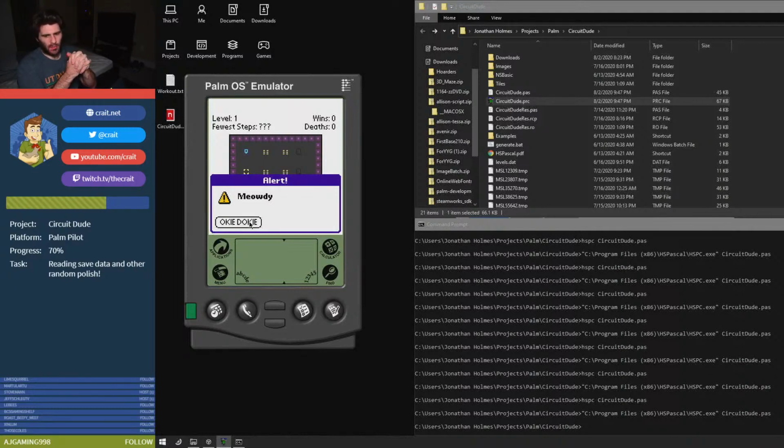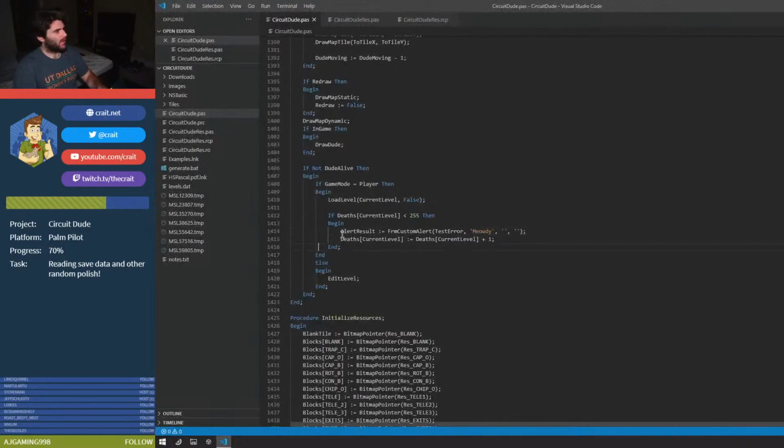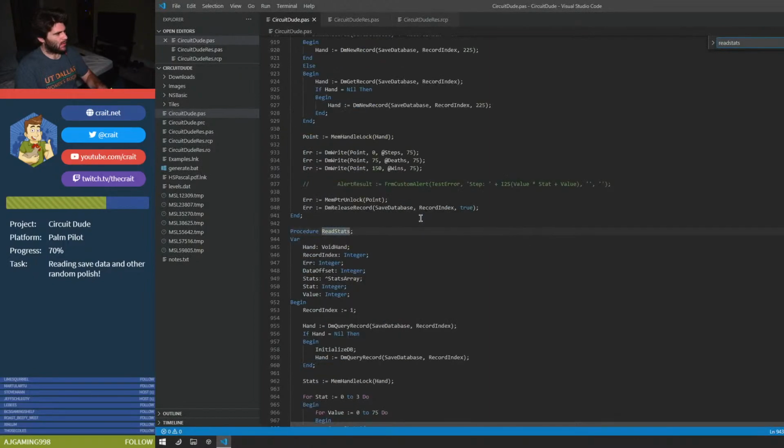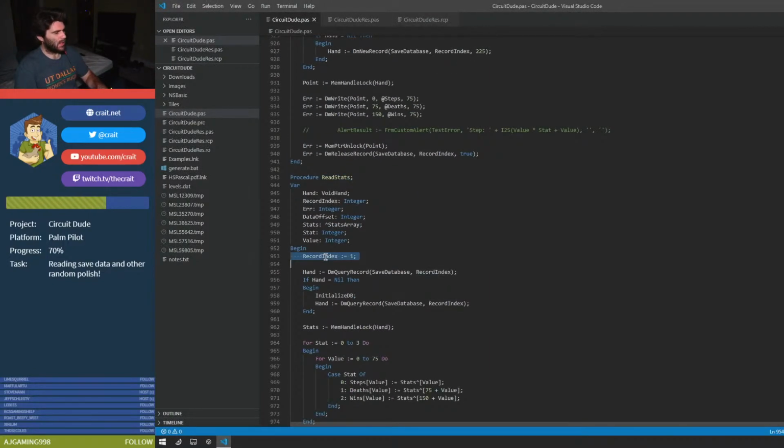So the reason why offset was given random data whenever I was reading it was because whenever I was doing read stats, I have this record index. There are multiple records inside of each database, and the first record is for settings, like sound and what level you're on, the progress, and the second record is the actual stats for every individual level. And for some reason, instead of record index being 1, which is the second record, it was equal to 0. So I was reading from a different place than I was writing, and I was actually reading